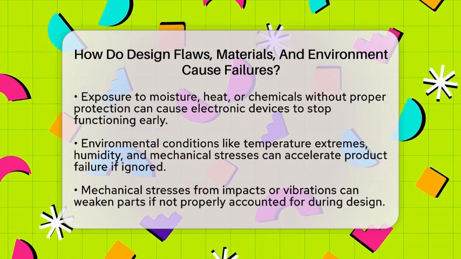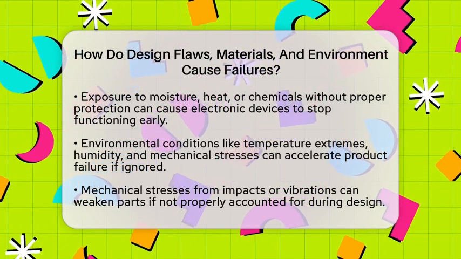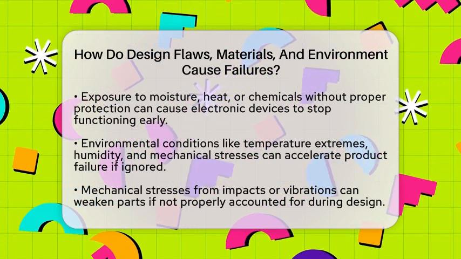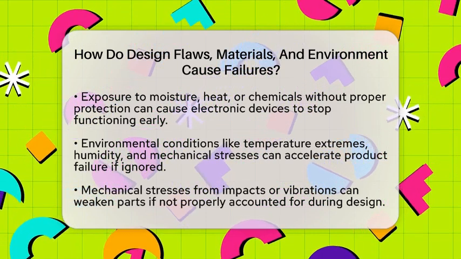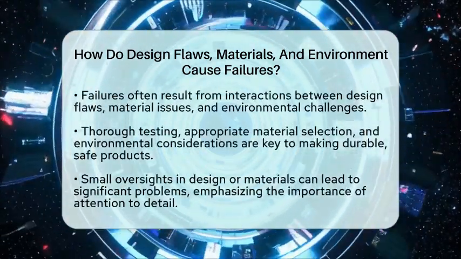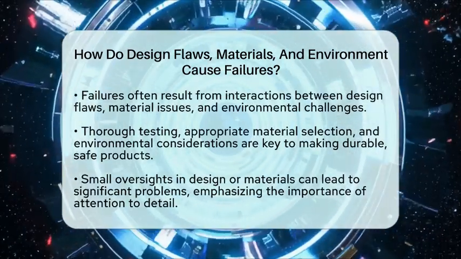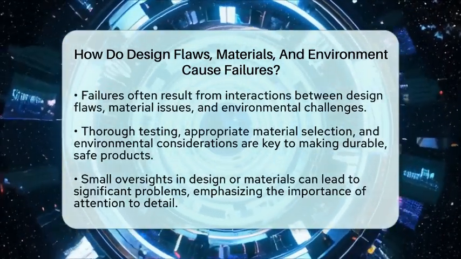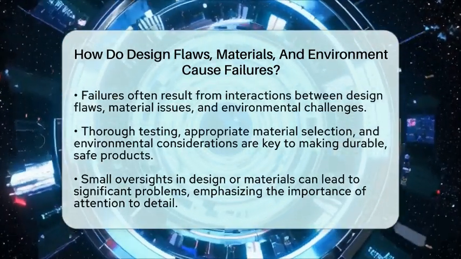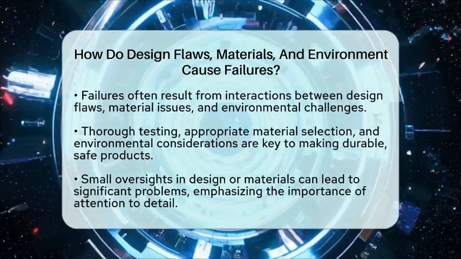A good example is a battery in a hot climate without a cooling system. The heat can cause the battery to overheat and catch fire. Failures often happen because design flaws, material choices, and environmental factors interact. If a product is designed without considering how it will face real-world conditions or what materials it uses, it becomes more likely to break. For example, a smartphone built with cheap batteries and not designed for high temperatures might overheat